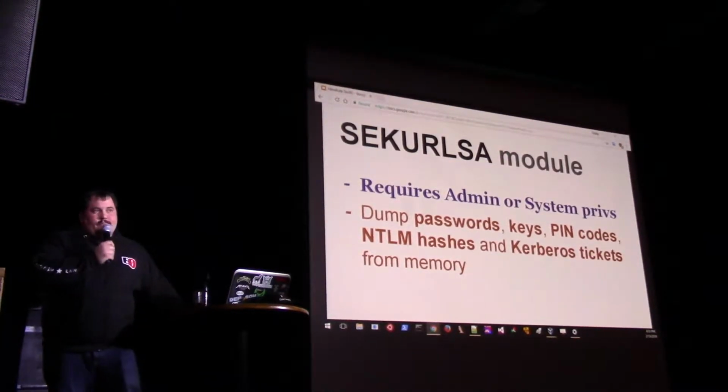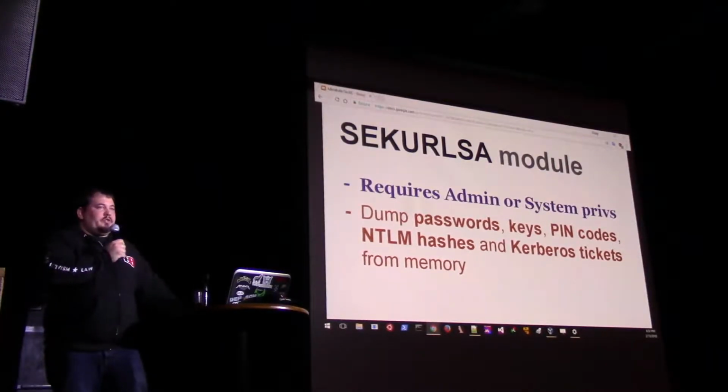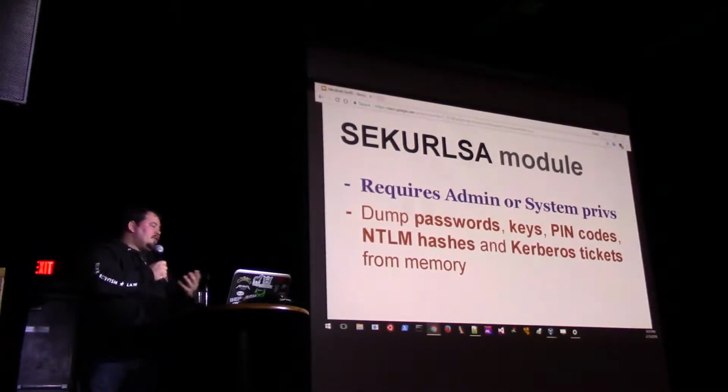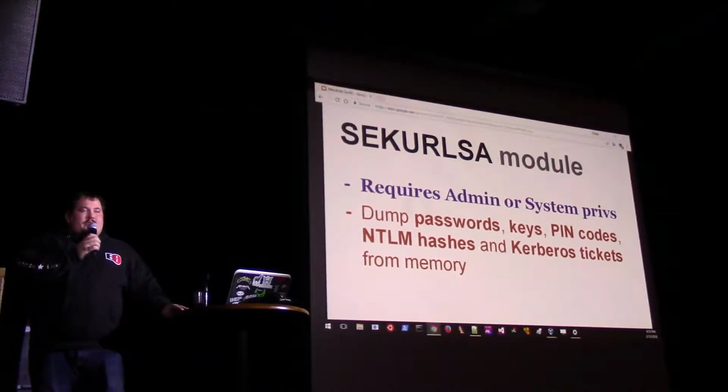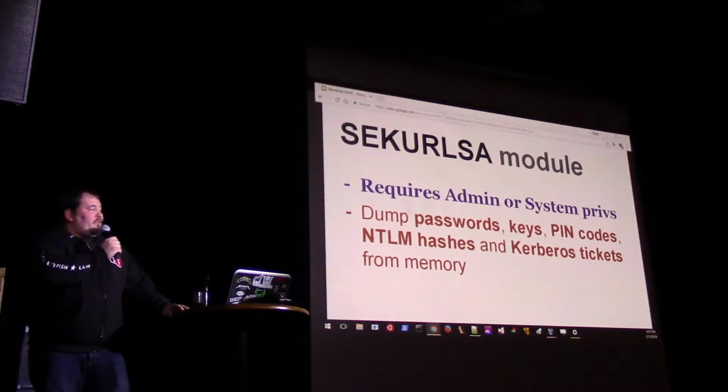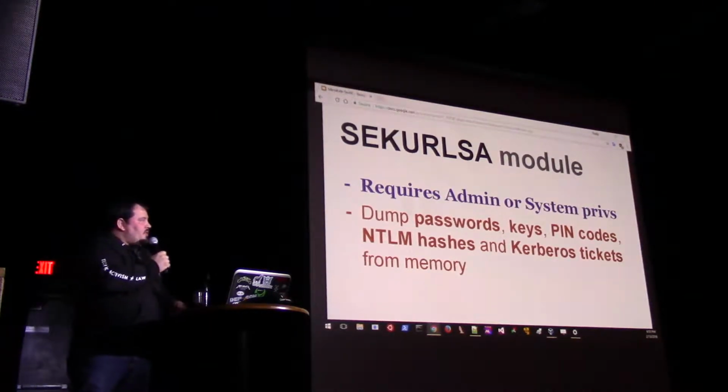So let's jump right in. Secure LSA is a module we're going to look at first. We'll use that for a lot of things. It's used for a lot of the most popular things that Mimikatz does. It requires admin or system privileges. So for most of what you're going to do with it, it requires admin or system privileges, because you're going